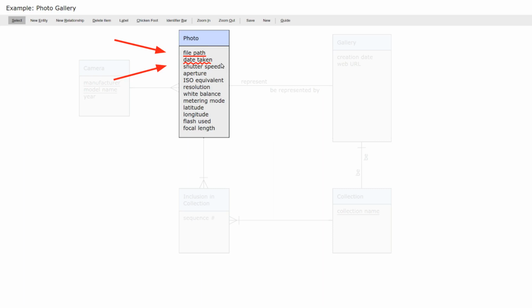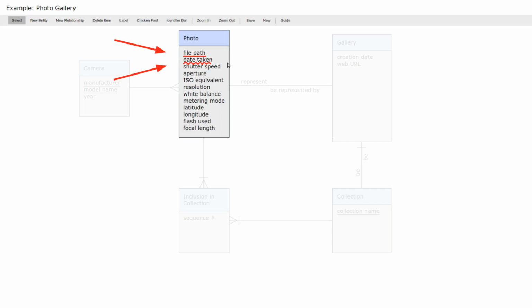This is a rare situation, but when would this happen? Suppose we ask a user, how do we tell one photo from another? One user says, well, each photo has a unique file path. No 2 photos can have the same file path. Great, we write a bar under the file path. But maybe another user says, hold on, I can have one photo that has 2 different file paths if I rename it. But I know that those 2 files will contain the same date taken, and so I know that those 2 files represent the same photo. And so that's how I tell one photo from another.